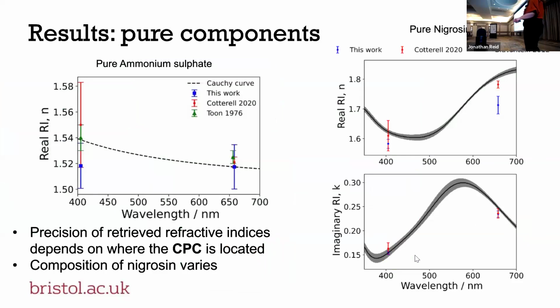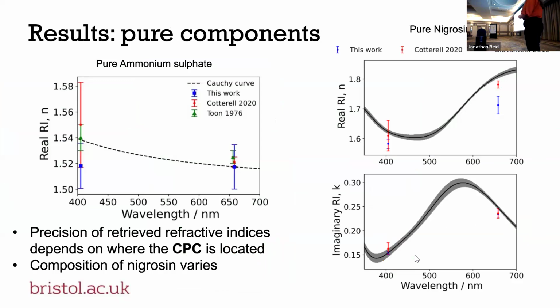So here are some results for the refractive indices we get using our measurements of extinction and absorption cross-section for our pure aerosol components. On the left here is the real refractive index N for ammonium sulfate. The points in blue are my values, and then we've got some comparisons made with these red values, which are using the same spectrometers, but instead of using an AAC, they used a DMA for size selection,